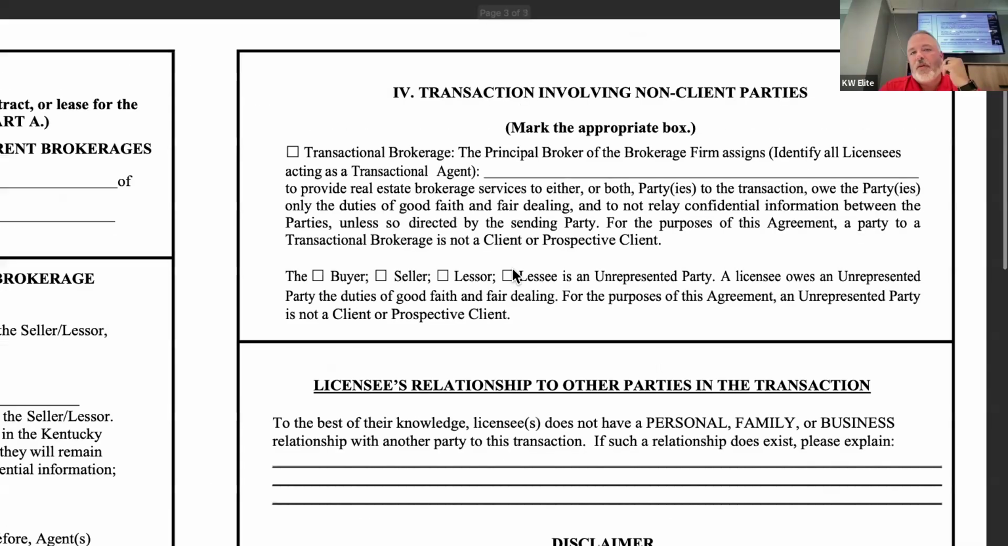Next part of it is part four is transactional. So this is, again, you're only doing the transaction. You're only doing the paperwork. You're not actually representing, and hear me there, like, this is crucial. If you're transactional brokerage, you're not representing. You can't really answer questions. You can't give advice. You can't do all the things that you would normally do for a client because you're literally just filling out paperwork for them. And then you check who all is unrepresented. So in this case, obviously you put your name here, and then the buyer or the seller, one or both,